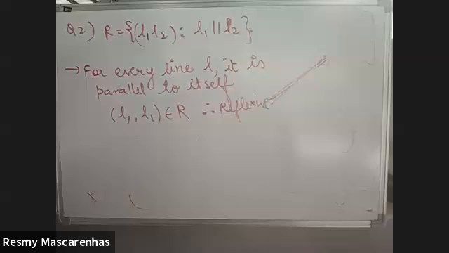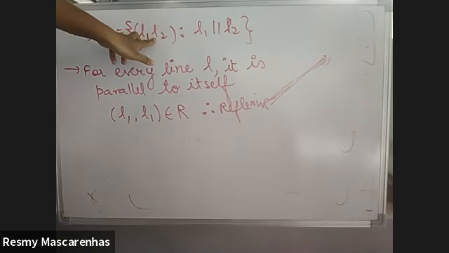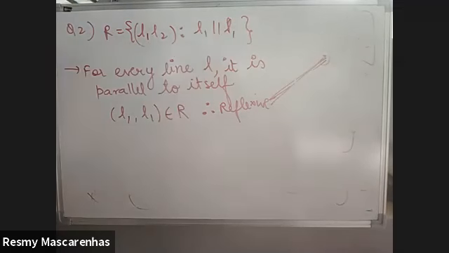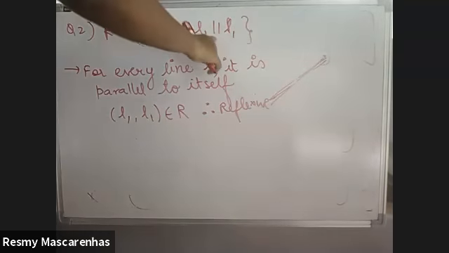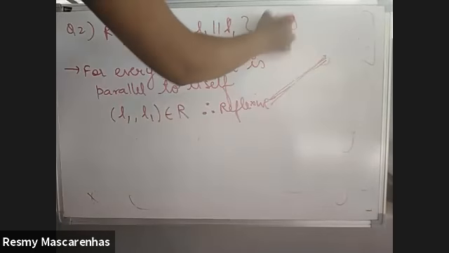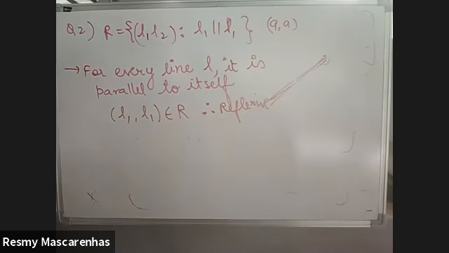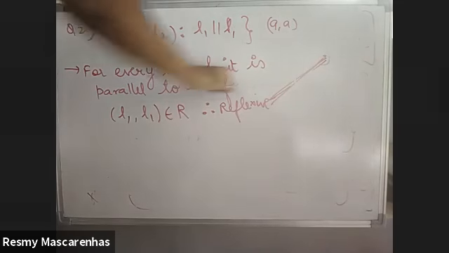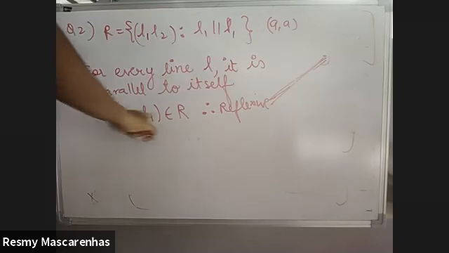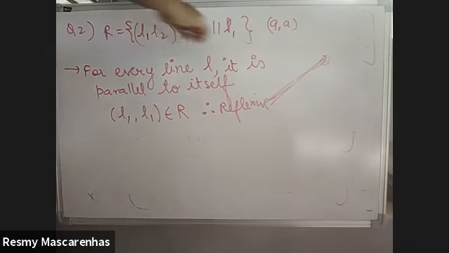So basically what am I trying to do is, there are two lines given to me. You have to always check whether it is reflexive. Reflexive means what? You have to check with itself. So instead of L2 for reflexive, what will come? L1, because with itself you have to check, no? Reflexive means A comma A. So you have to check whether L1 is parallel to L1. Obviously it is parallel. So you have to write a sentence: L1 is parallel to itself. So that's why it is satisfying the condition, and that's why it will be reflexive.